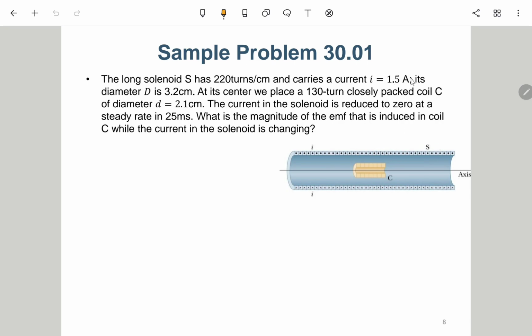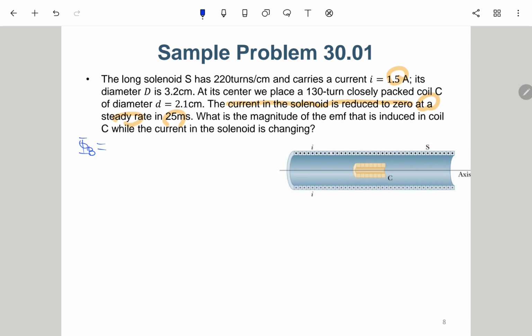So at the beginning it is 1.5 A and then it is reduced. This current is actually reduced to 0 at a steady rate. OK，以一个均匀的速率去减少的，就是一开始是 1.5 A，然后在 25 millisecond 的时候减到 0，然后直线地减少。